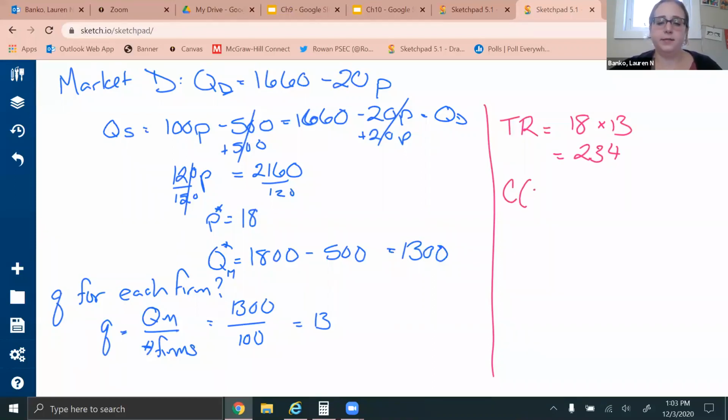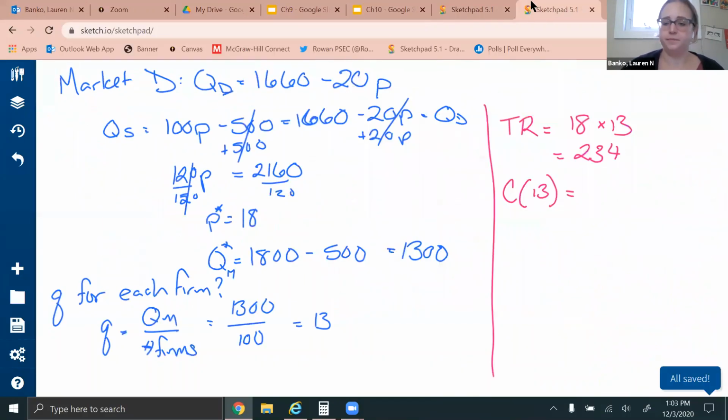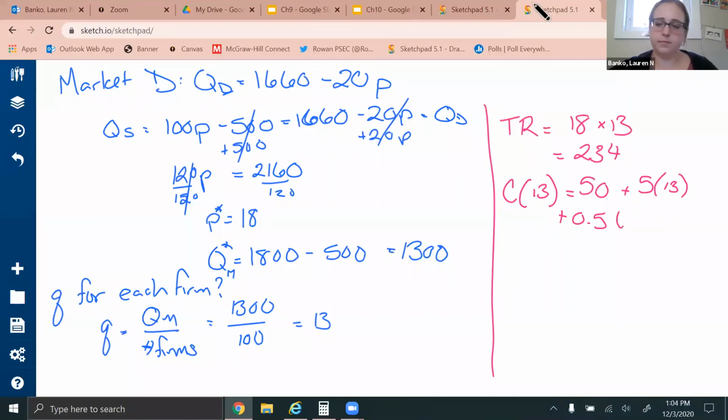And the cost of 13 units, you have to go back to our cost function over here and just plug our 13 in here. 50 plus the cost of 13 units comes out to be